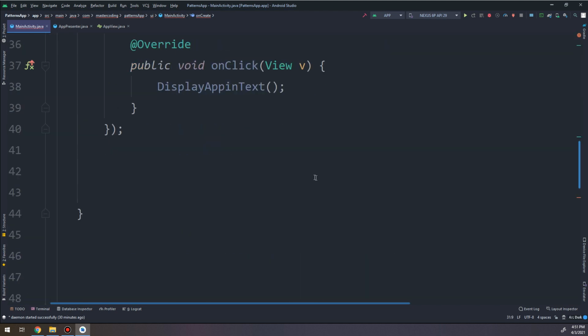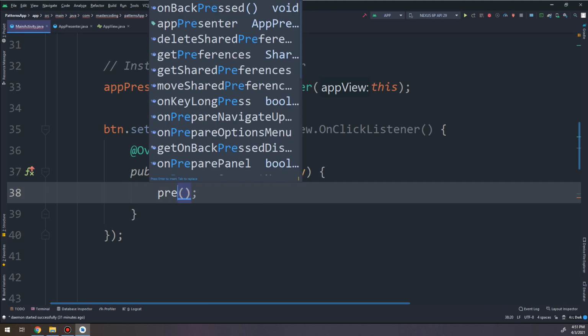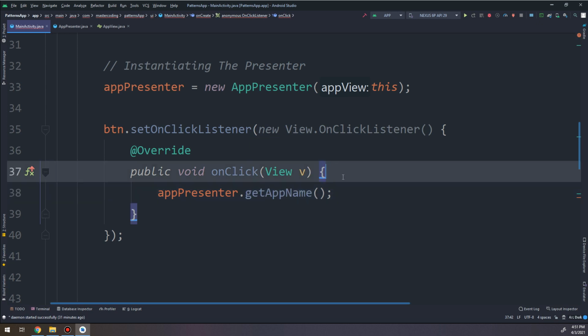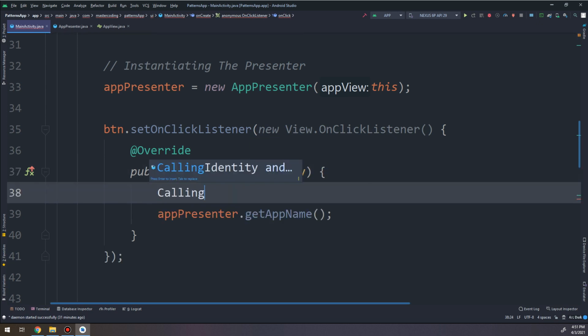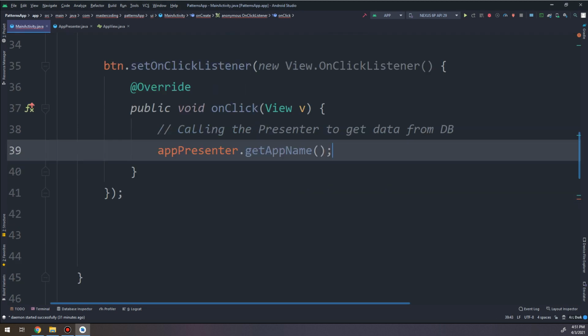Copying it, making it well clear, when the user clicks the button, it will call the app presenter and will call the get app name, which in turn calls the model and passes it to the interface, and this interface will give it to you directly. So calling the presenter to get data from database. It's very simple. Now I need to set the text,